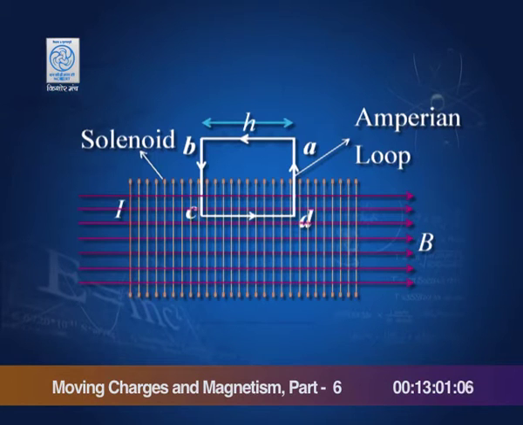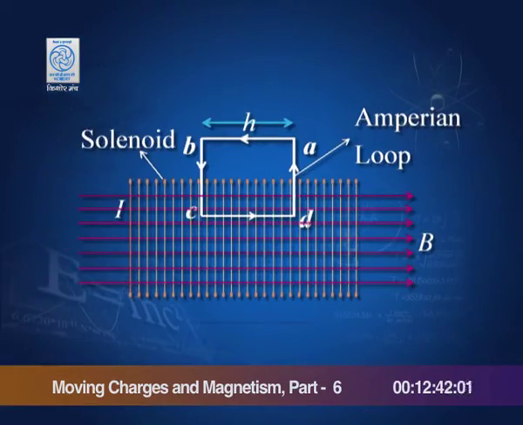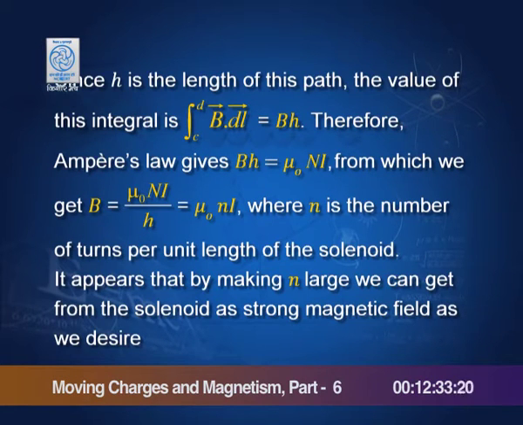It is simple. For BA the length is h, and there is no current, so the first one would be 0. For BC or CB and AD, the loop is perpendicular to the magnetic field, so it makes no contribution. The only contribution comes from C to D, B dot dl, and dl in that case is simply h. So, B times h is equal to mu 0 n times I. That is what we have done here. B h is equal to mu 0 n times I, and therefore, B is mu 0 n I by h,